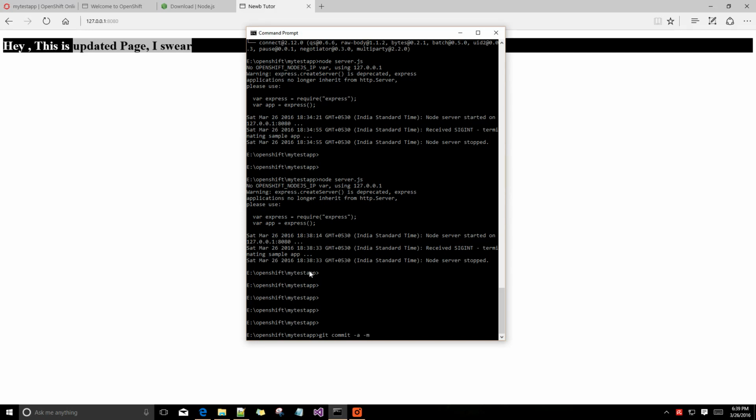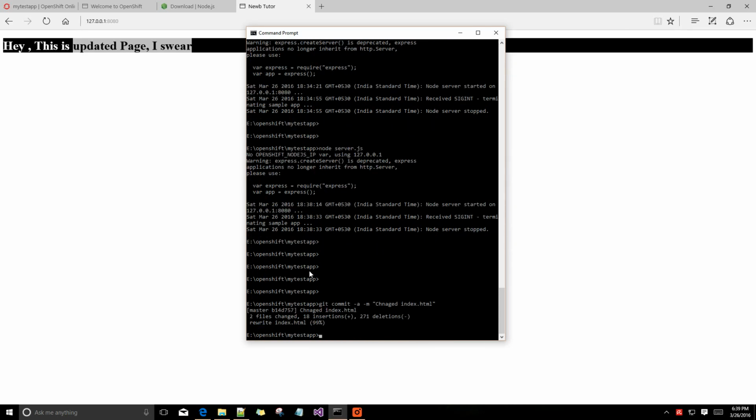M is for message, if you want to know what changes you did. So, changed index.html. You can write anything for your future reference here. Later you can see what changes you did. Just do that. Okay, now git push.